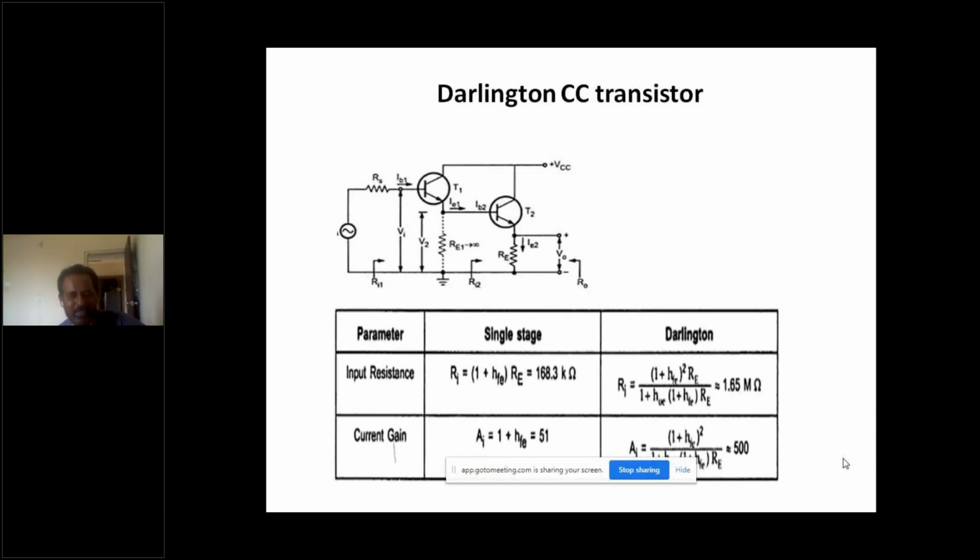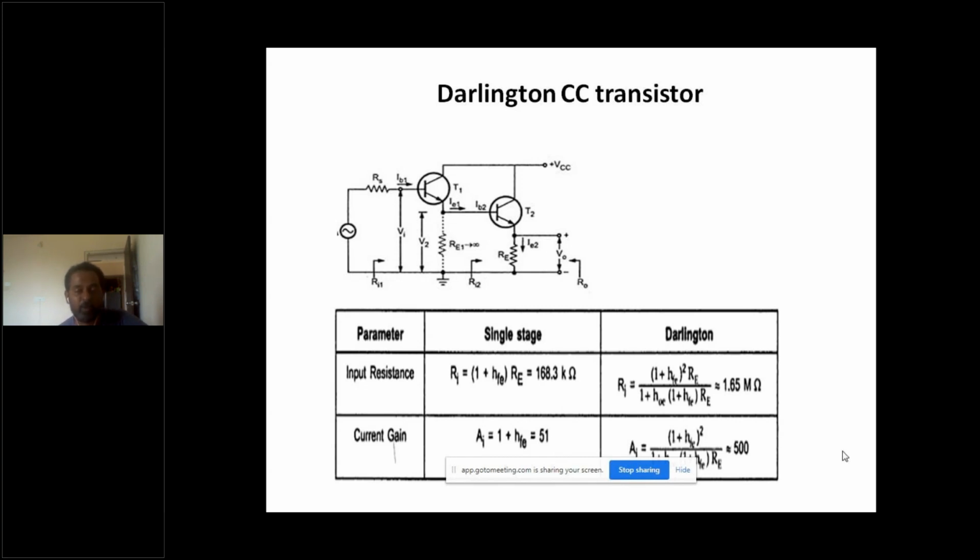So at the maximum I can get up to 400 kilo ohms to 500 kilo ohms in case of a CC amplifier. That's the upper limit. Even that much is not possible at times, but sometimes you can go up to 400 kilo ohms. Now my problem is I need an amplifier whose input resistance is in the order of mega ohms. CC can't give you that. CC is no more a solution for this case.